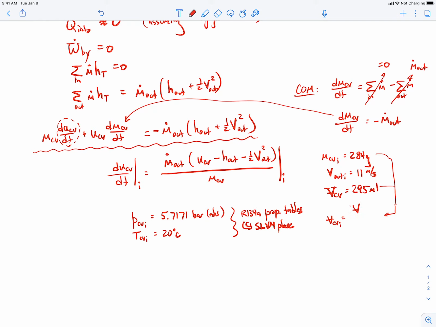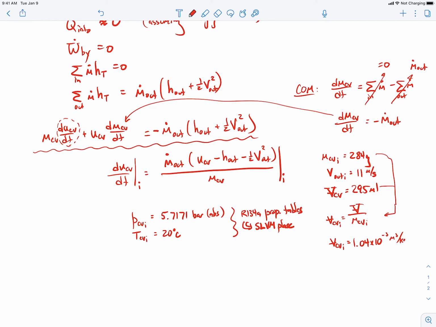That'll just be the volume divided by the initial mass. When I do that calculation, it comes out to be 1.04 times 10 to the minus 3 cubic meters